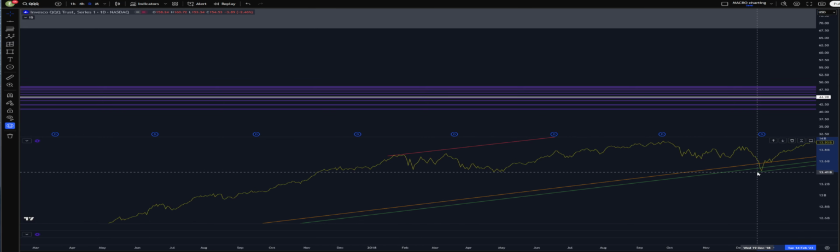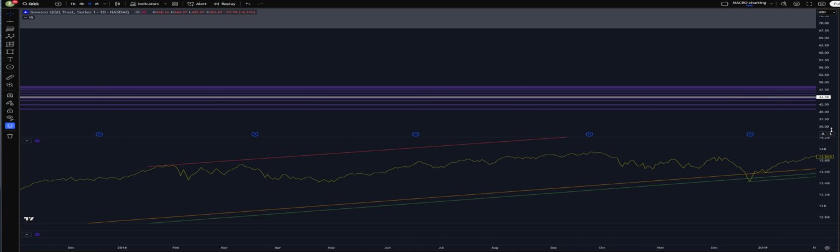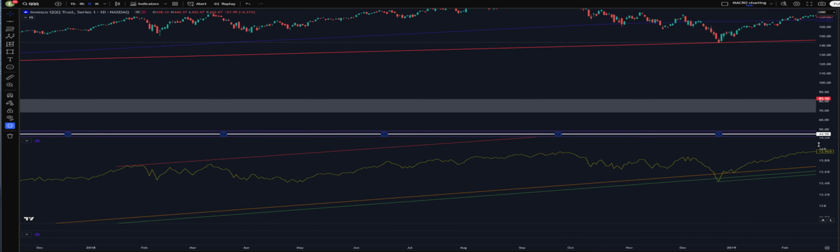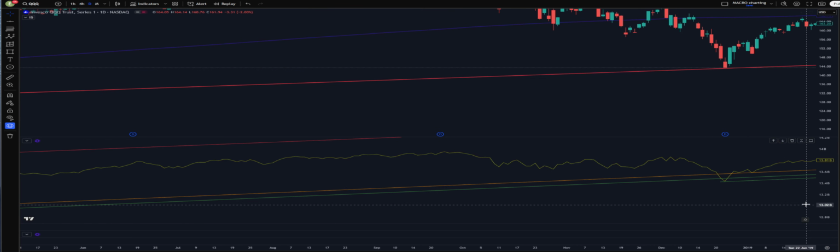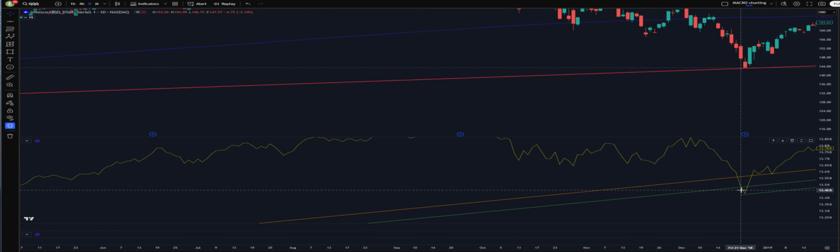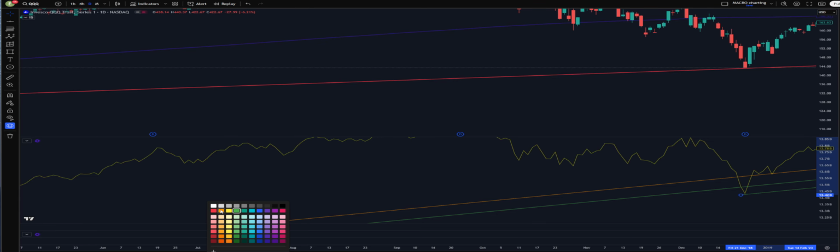It's 2018. So even though it hit it, you've got to realize, let's look up. Even though it went past it, it created an outer deviation band, right? So this is the middle and this is the outer deviation band. Let me actually make this orange just so it's a little easier to see.